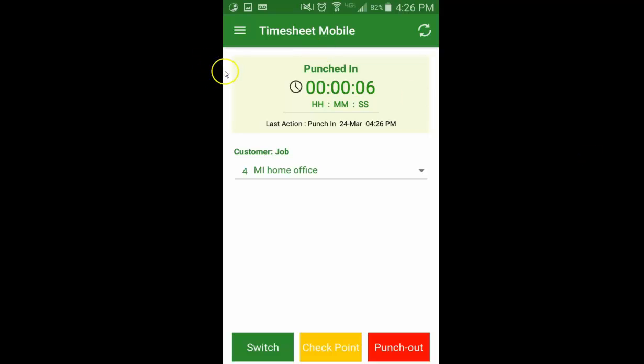Once you punch in, you'll see a time will start. Your time counter will start for your scheduled shift that you're in, the last action, what job you're punched in, switch, checkpoint, and punch out. Switch is if you need to switch from one job to another in one action. You click switch, choose your new job, click proceed, and you punch out of your current job and into your